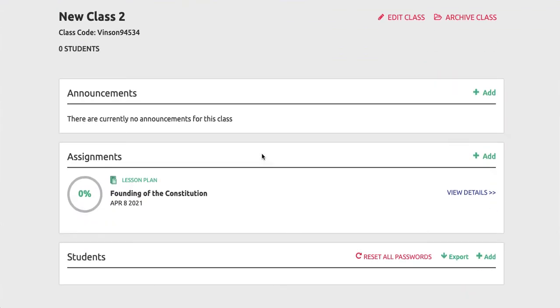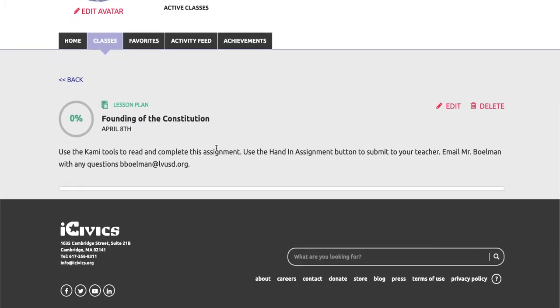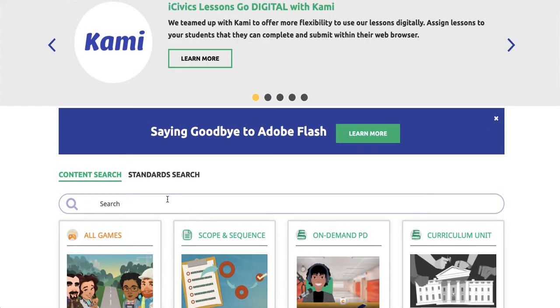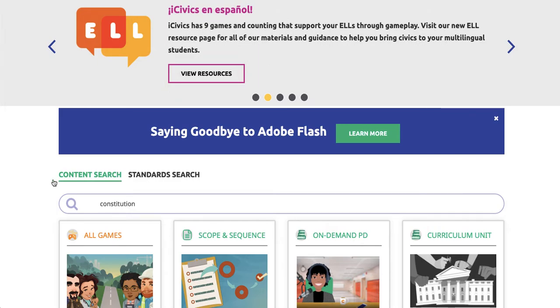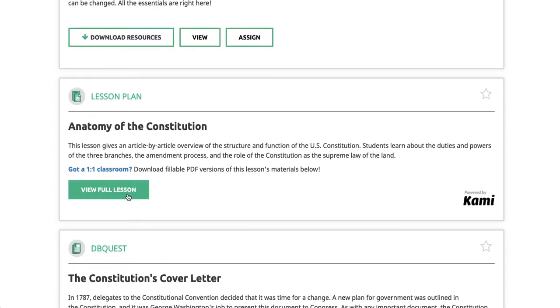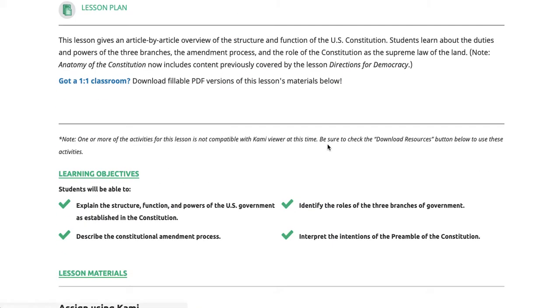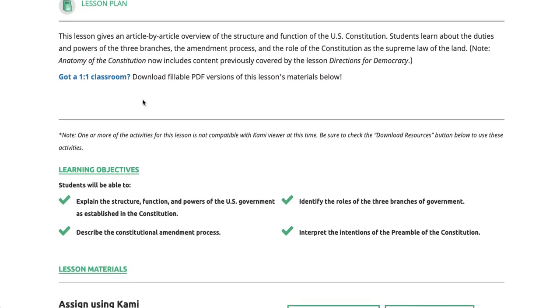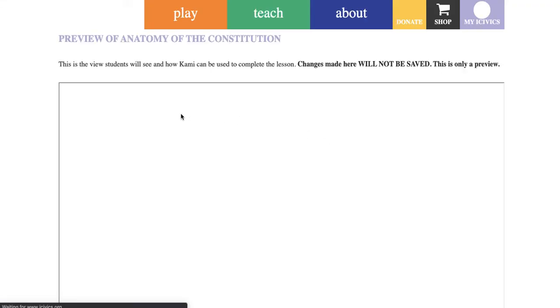And then from here, although we don't have any students in here, you would be able to see the content or the completion here. If I go to view details, I can also look at the actual lesson plan. Now, if you're curious what they are, you'd have to go through here. So let's go foundation, and we want to look for the anatomy component. Okay, so view full lesson. Now the other thing, if you don't want to do it as an assigned material, you can also download the PDF version. But if we go preview assignment, we can just get an idea of what the students would be